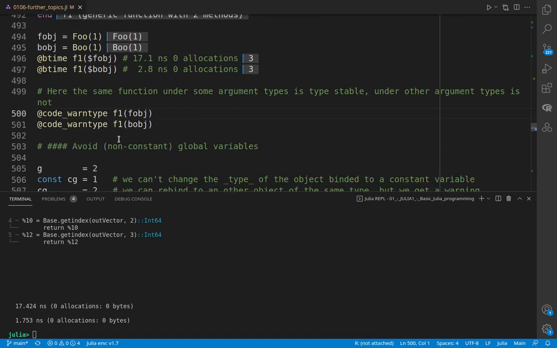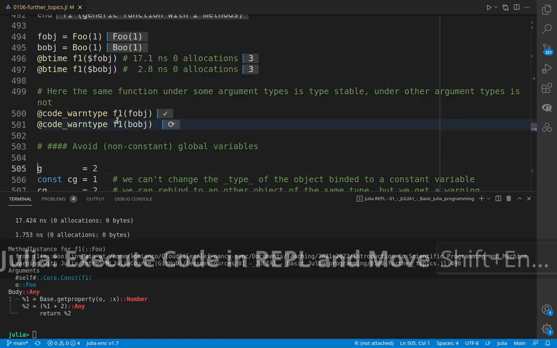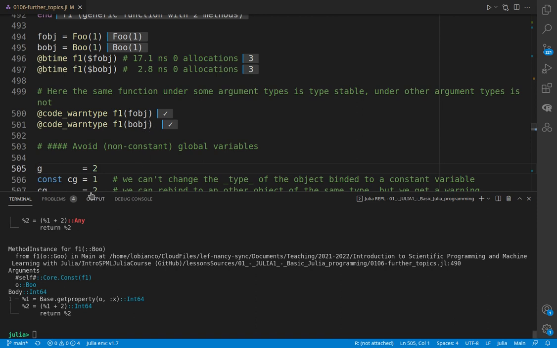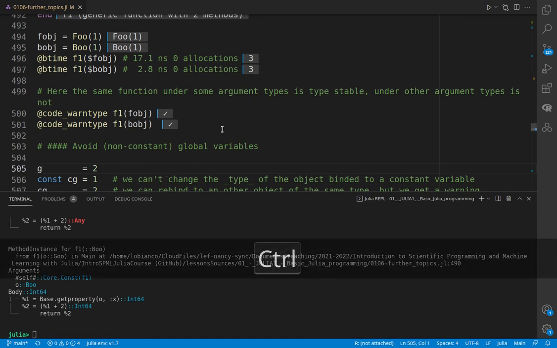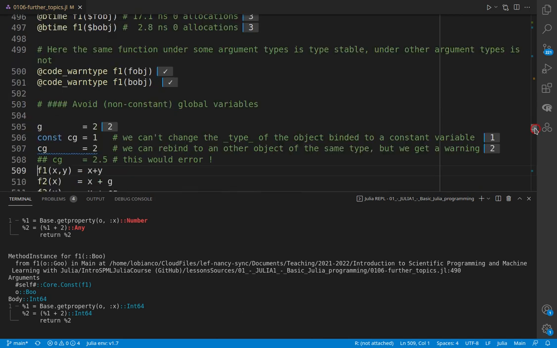the time that f1 takes is much lower, and we can see here that this one is type unstable, and when I call it with b_obj with this specific type, I have an integer as a result, and it is type stable. Another important and relatively easy to implement solution to improve efficiency is to avoid global variables, and in particular